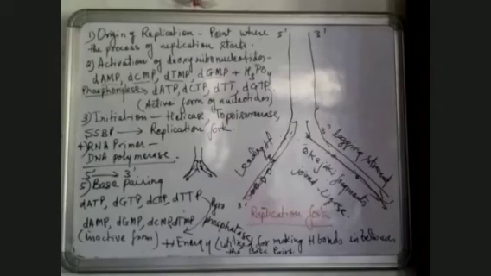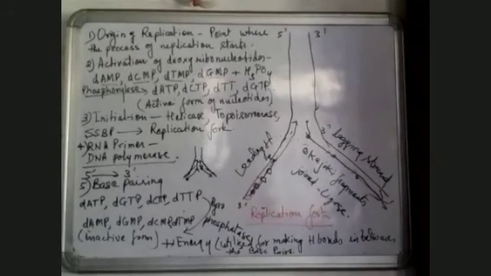Now this enzyme can act only in the direction 5' to 3'. So the strands will be formed in that direction. On the first strand, which is the leading strand, the new DNA strand formed is continuous and is known as the leading strand, whereas on the other strand, the new strand formed is not continuous, rather it is in the form of fragments.